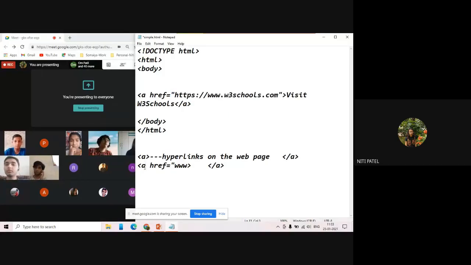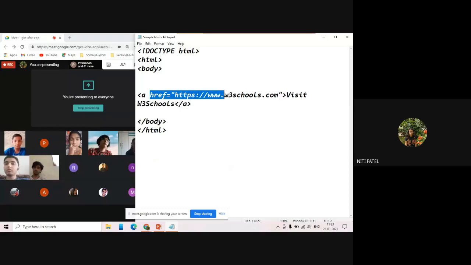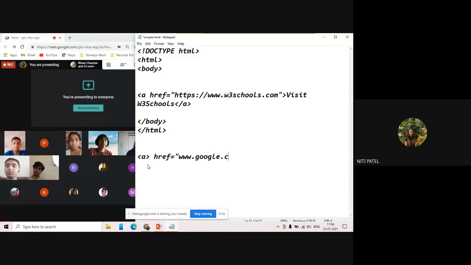I repeat again. Since this href is a part of the start anchor tag, therefore it has to be written before it is closed. Are you understanding? Yes, ma'am. That means you cannot write it like this. If you write like this, what does this indicate?